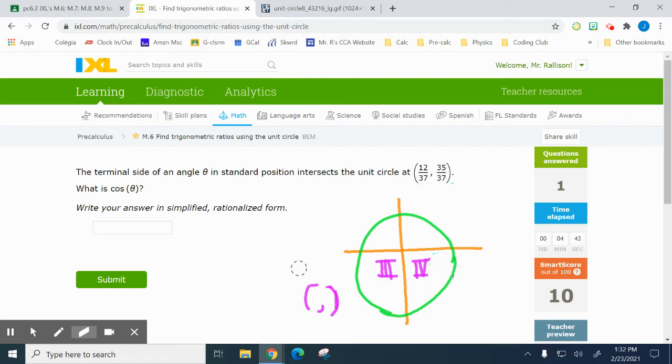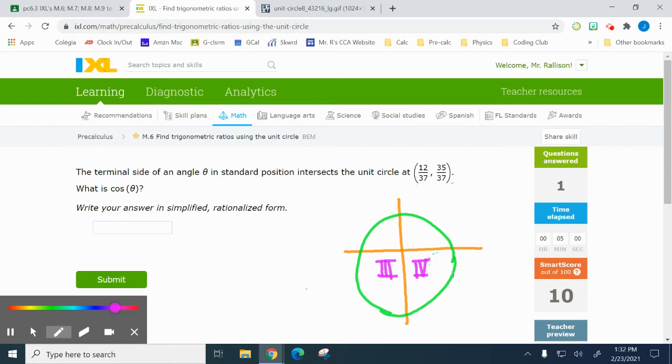Okay. Wow, it erased some other stuff that I didn't want it to erase. Whatever, who cares? The terminal side of an angle in standard position intersects the unit circle at 12 over 37, 35 over 37. So